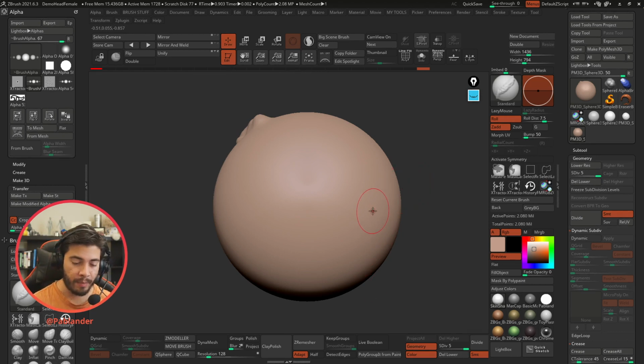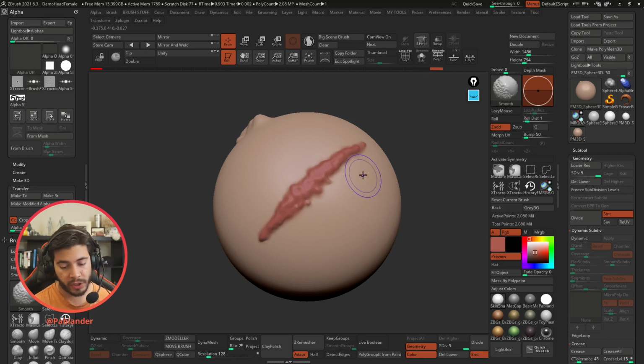So now not only am I affecting the model, but I'm also gonna be adding some color. So I'm just gonna select something like that. So as I sculpt, I'm also adding a little bit of color where the white values of the alpha are. There we go, right? And also you can hold the shift key, and if you hold the shift key, you also see that the RGB is still enabled in this case.